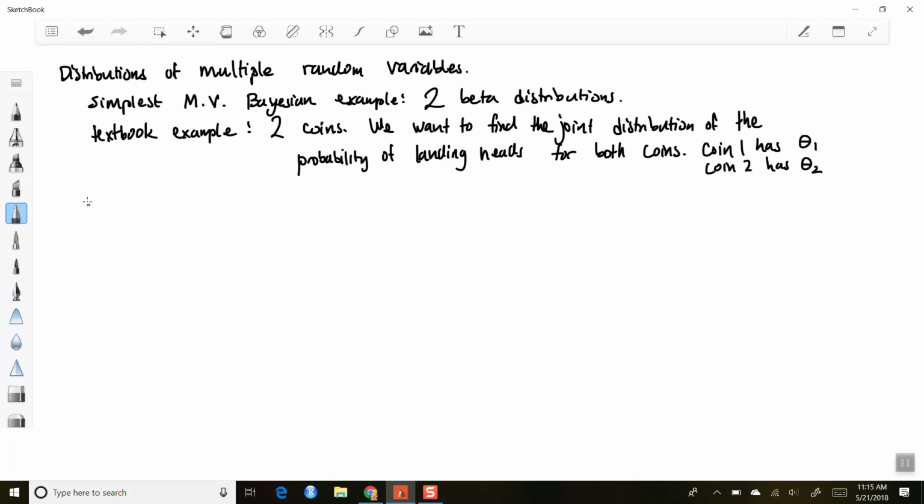Or, another silly example would be you've got 2 buckets of M&Ms, and maybe they have different proportions of green M&Ms, and you want the joint distribution of all of these things, okay? So maybe